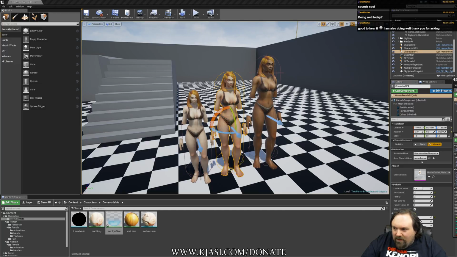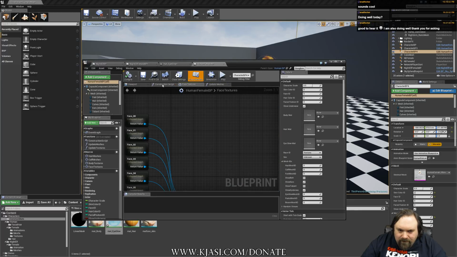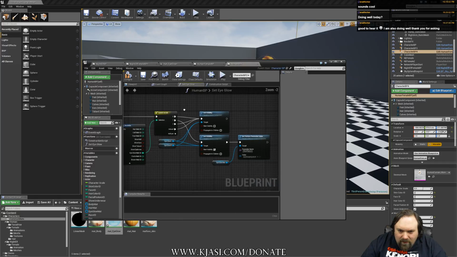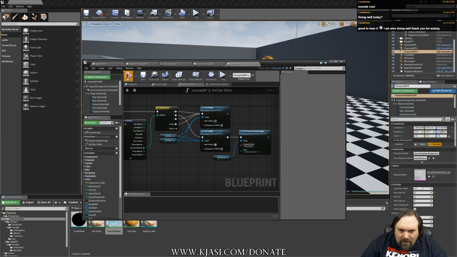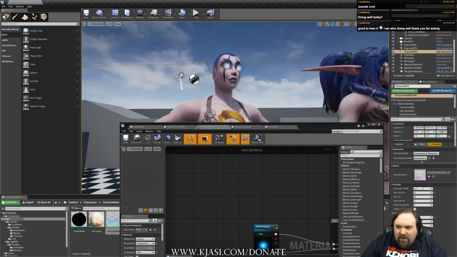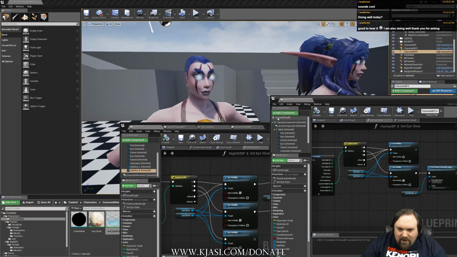Edit human female. Parent. Night Elf. Male. Set glow. That's alright. Well, that's all correct, I should say. But, you know, this is why you do debugging. At any rate...